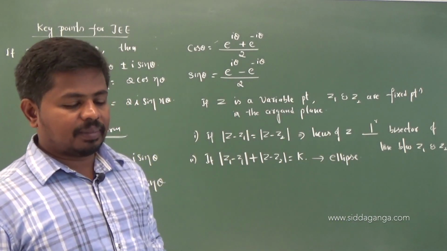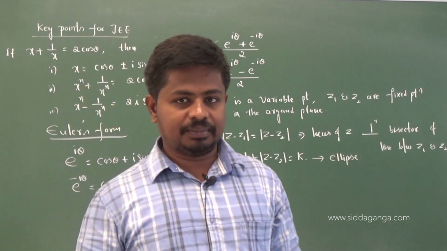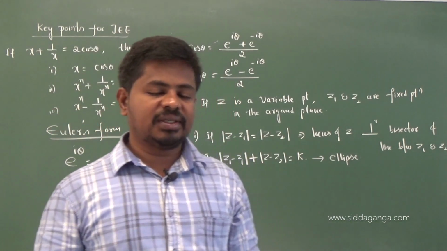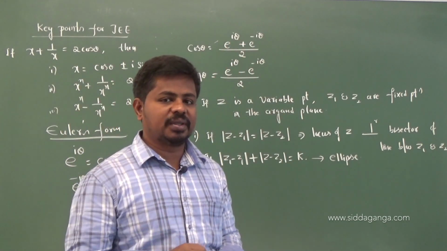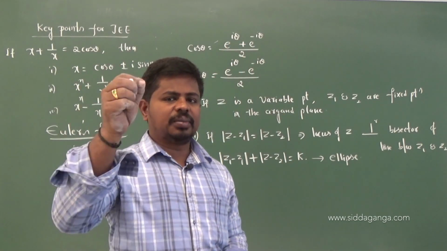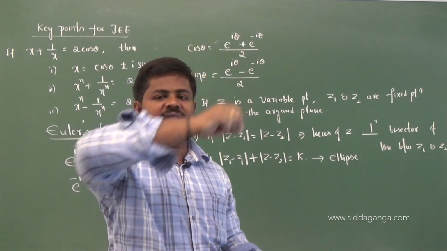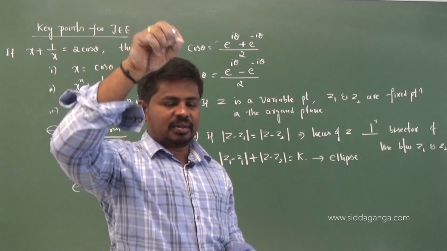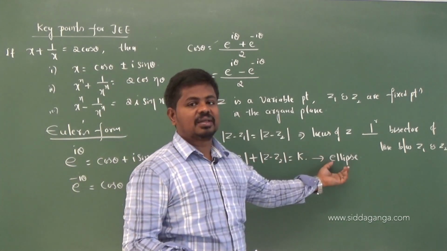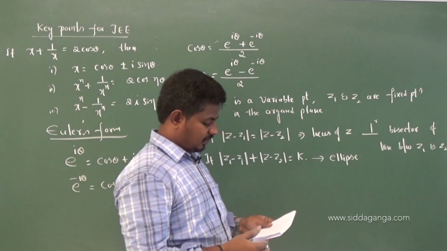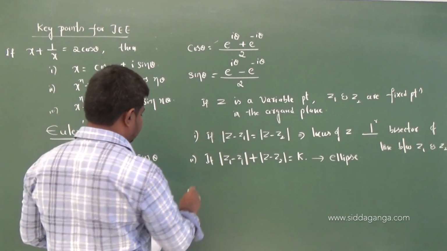Students, you remember we discussed the Argand plane. In an Argand plane, in the sense what? It's a 2D plane in which a complex number can be represented geometrically. I mean, a complex number can be located anywhere in the plane, right? That's what I am discussing. Whenever this happens, z lies on an ellipse. That's it.